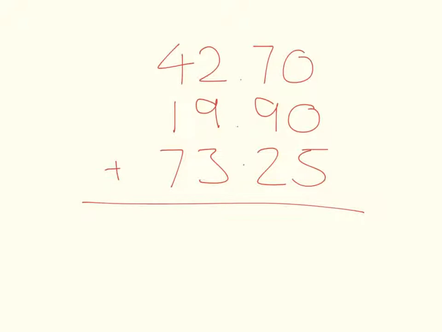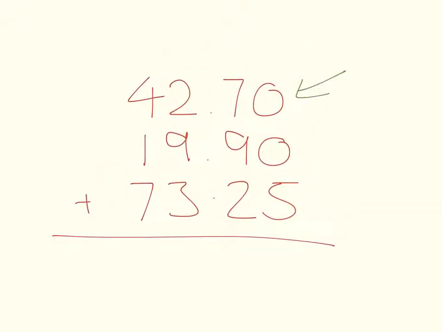So the next thing we can do is we've put them in a vertical array here, 42.70, 19.90 and 73.25, making sure they all line up, all the cents line up, all the dollars line up, and the ones and the tens, and making sure that the decimal points all line up. So we start from this side,